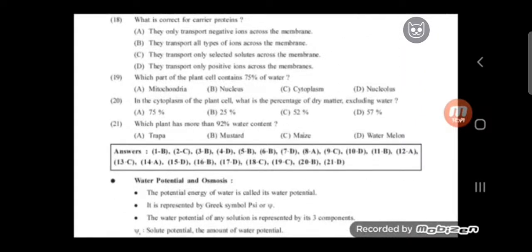So the correct answer for question number 20 is option B. So therefore, in the cytoplasm of the plant cells,